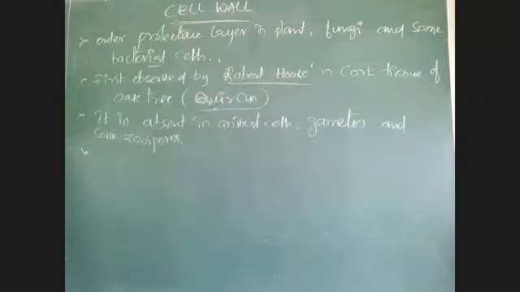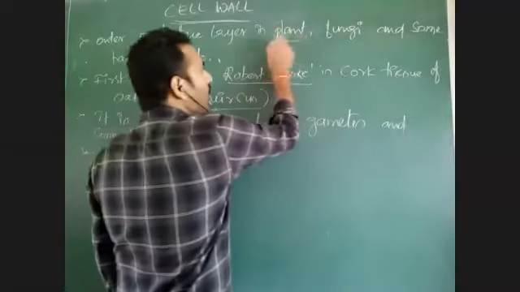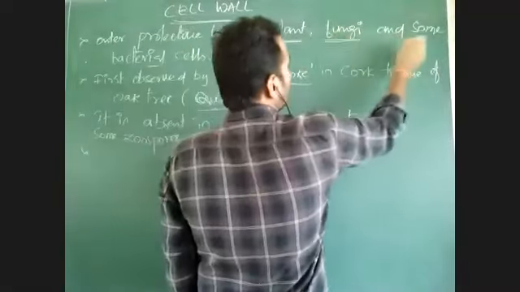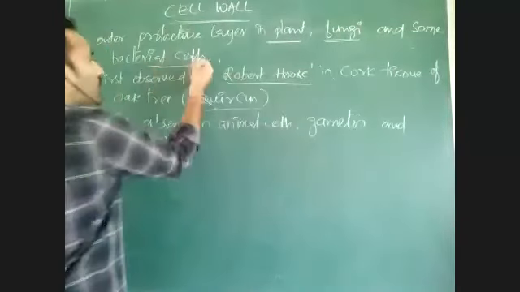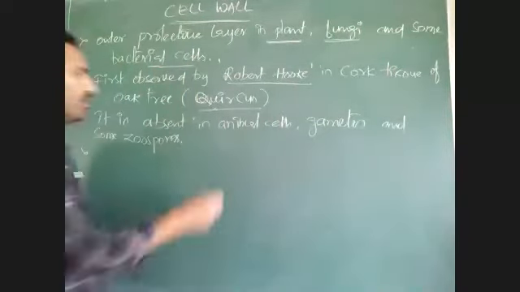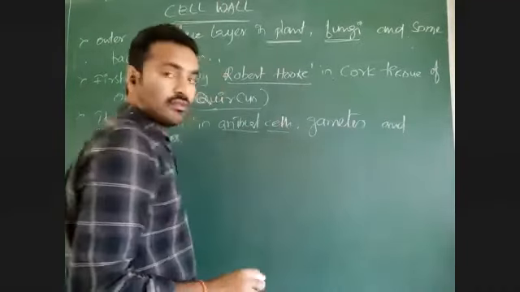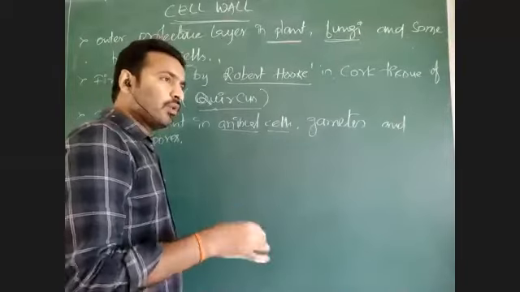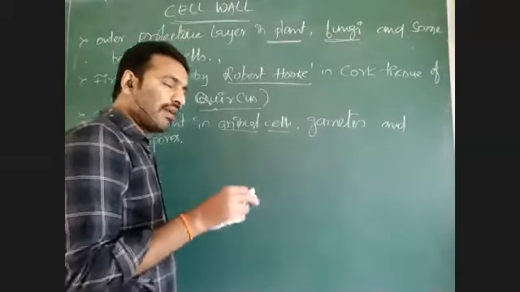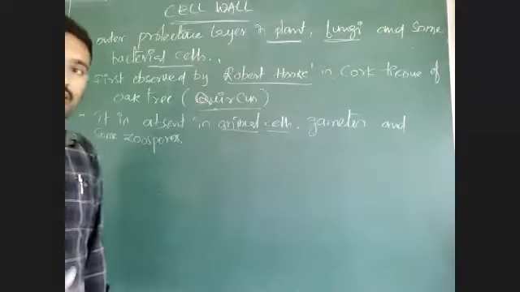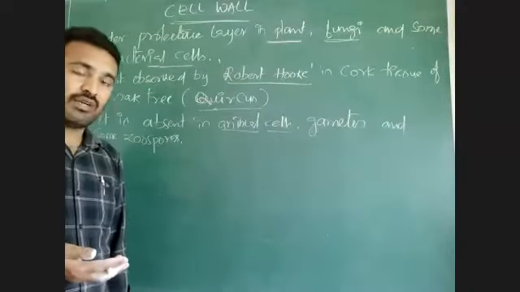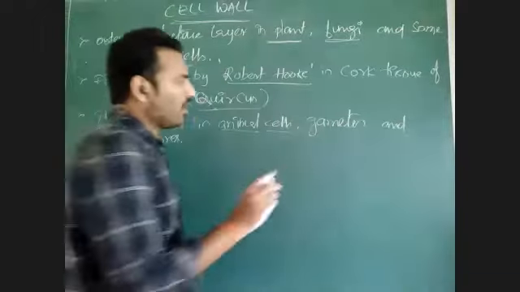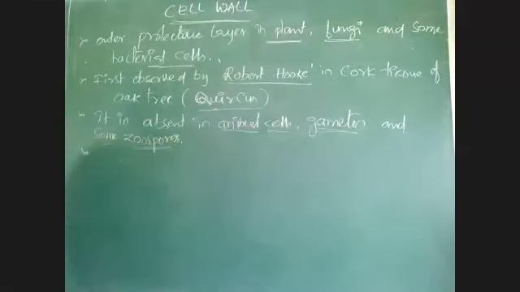That is the presence of the cell wall. Where is the cell wall present? It is present in all plant cells, all fungal cells, and some bacterial cells only. That means it is absent in all animals and all gametes, whether produced by a prokaryotic or eukaryotic cell, a plant cell, animal cell, or fungal cell. Gamete cells do not have a cell wall, and some zoospores do not have a cell wall.